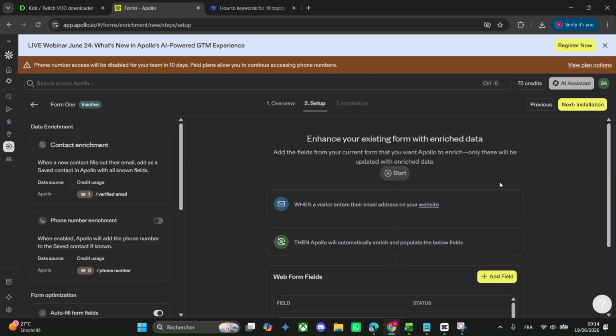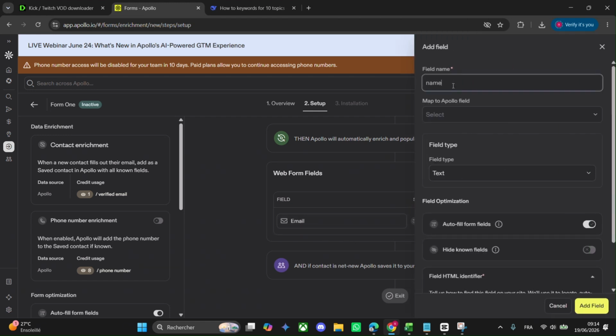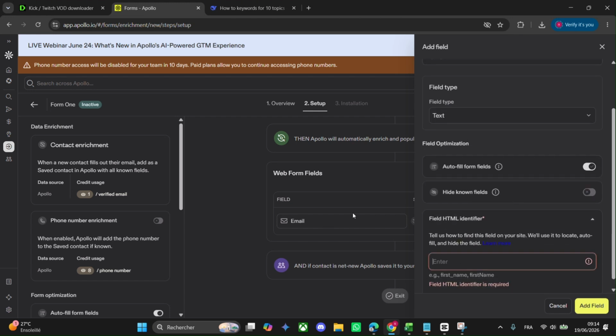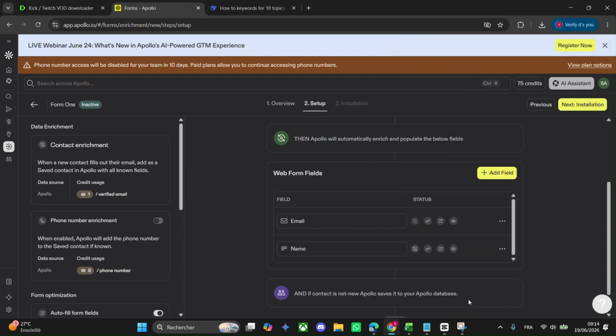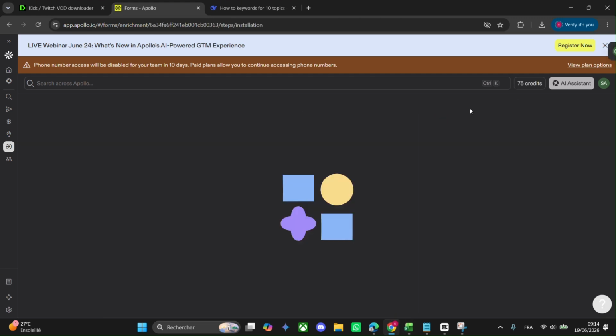So when a visitor enters the website, add a field, for example, here, it is already added. You can add another field, for example, Name, and map to the upload field. For example, here choose Name and you can add a field here, so HTML, define this name also, and click on Add Field. Add the name field for your form. So currently you have two fields in our form, and click on Next Installation, and here it is the custom